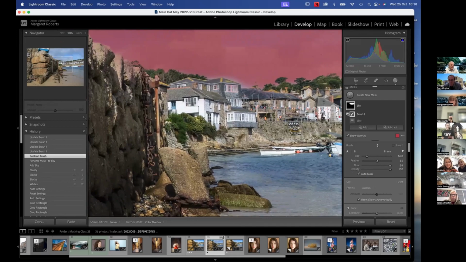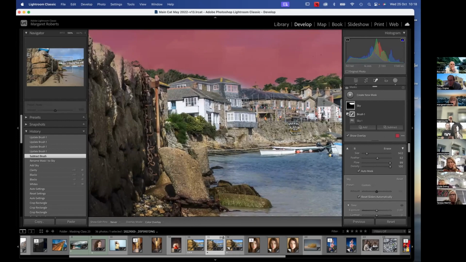So now, Margaret, you've still got that brush size. Look at your brush size again. You can just move your brush over the image. Now, when you come to use it, you'd have to click on brush in your mask again, because you're in zoom mode at the moment. So where it says brush in your create new mask,